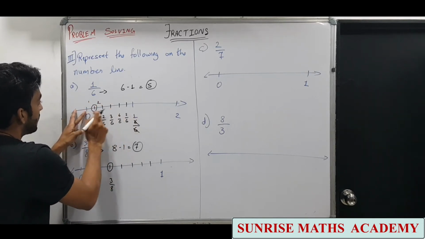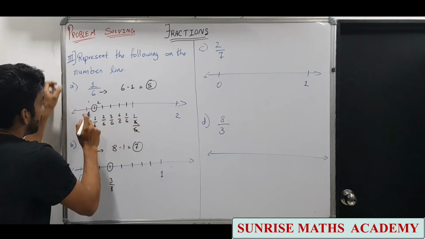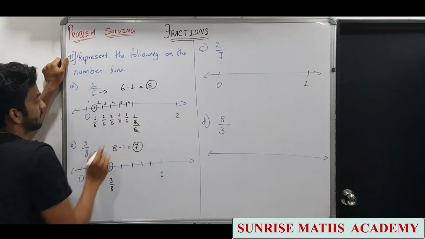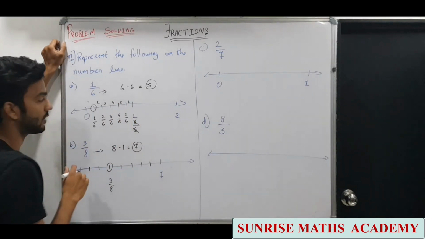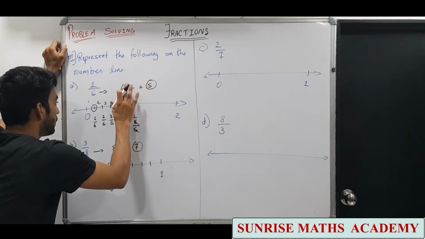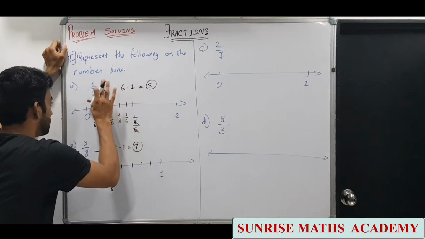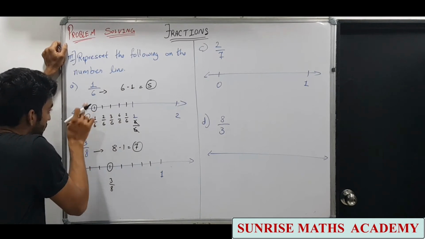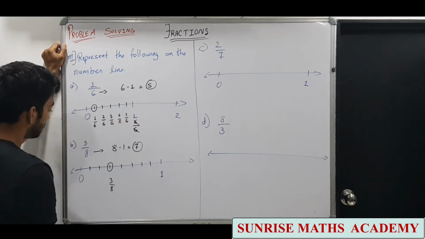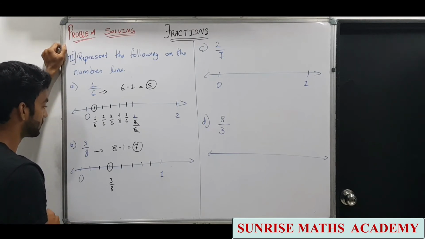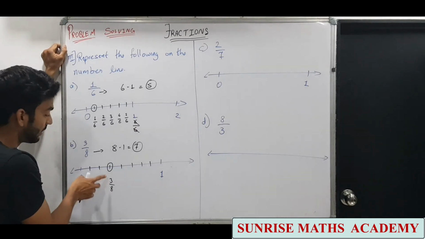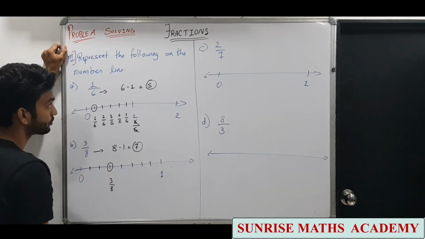From 0 to 1 I have divided that 0 to 1 in 6 parts: 1, 2, 3, 4, 5 and 6. Therefore only 5 lines we have made. And the other thing important, when we are representing these numbers, which point you want to represent, circle that. And these are few important points in this. Only this is necessary, write that and circle it.